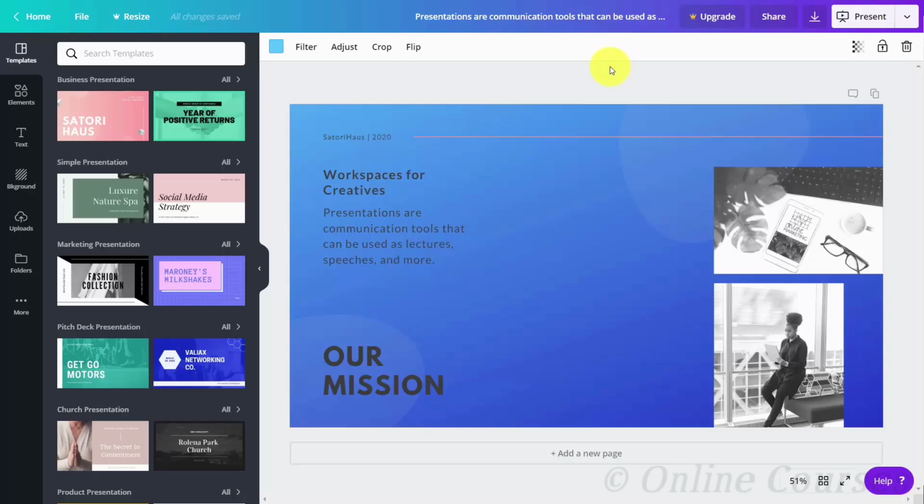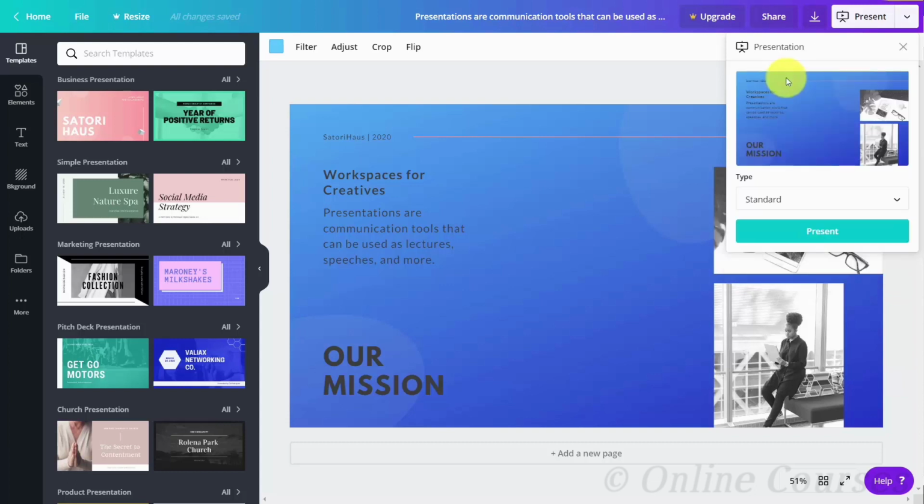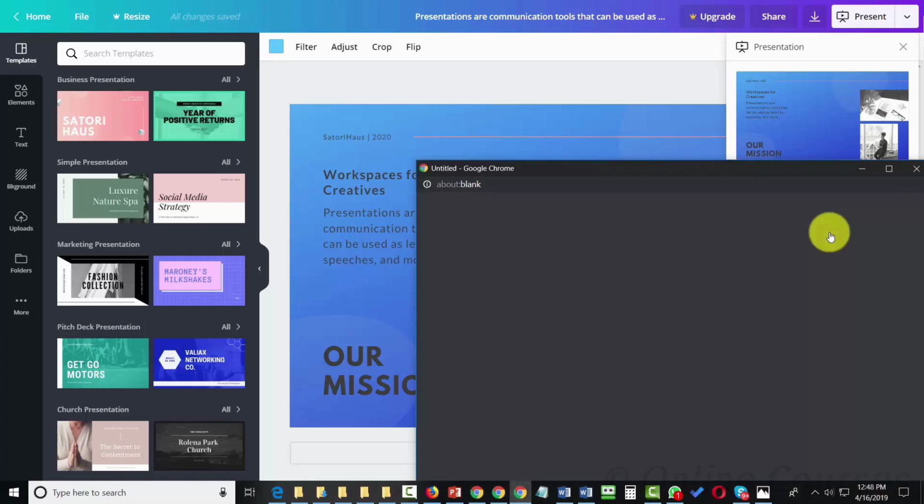Now one way to output the content is to output it into a presentation. And we can do that by going to this drop-down arrow. And you're going to see that there's a link here for a presentation. What we're going to then do is click that link. You're then going to see that we can download it into a standard presentation, and we can also output it into a presenter view. So if we click the presenter view and then we click present,